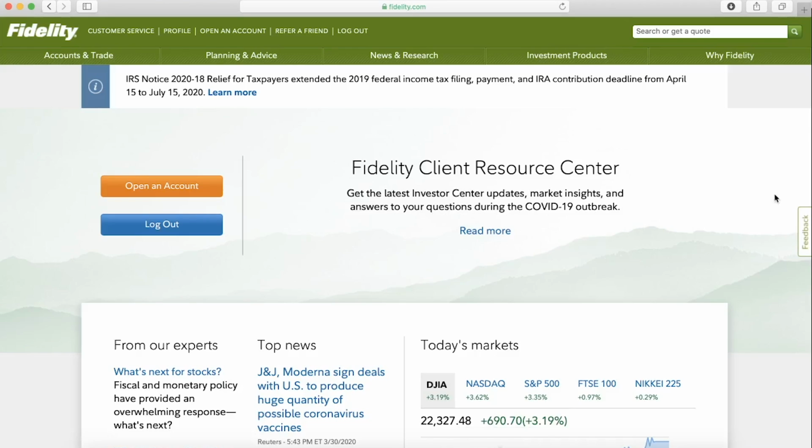Hey investors, welcome to this tutorial showing you how to transfer your stocks or assets from another broker into your